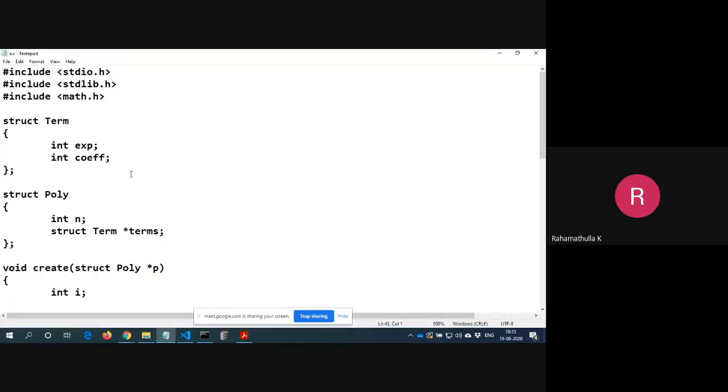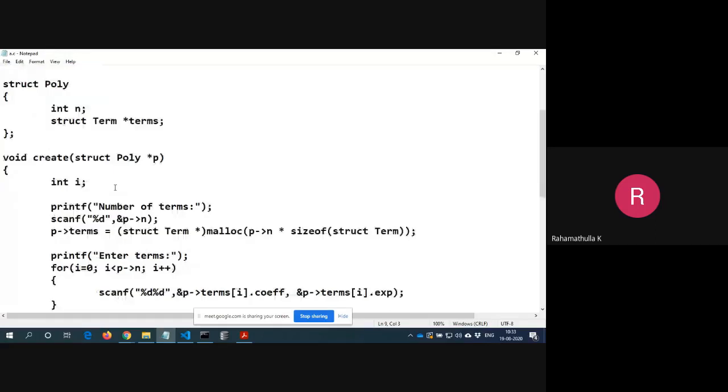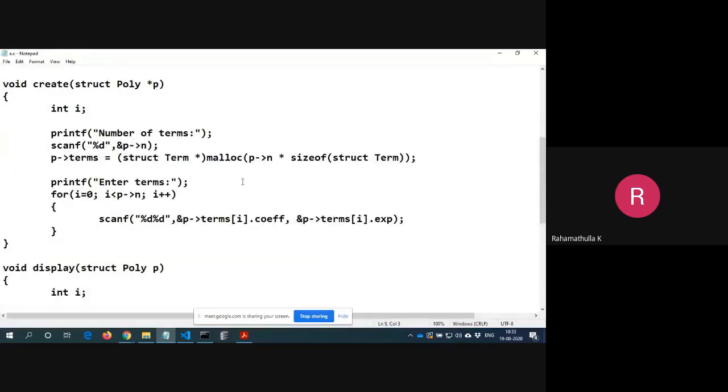Okay, so this is how it will look. Here we have written a structure for each term, then a structure for polynomial, then created this. What I was missing is some pointer here.